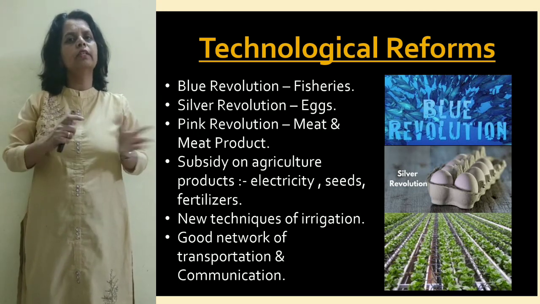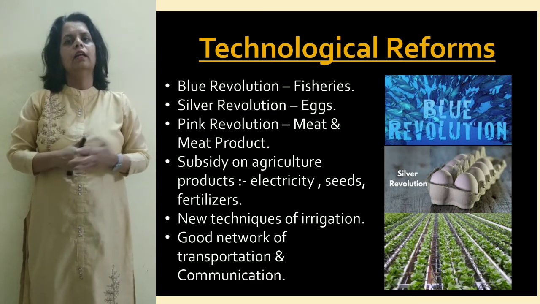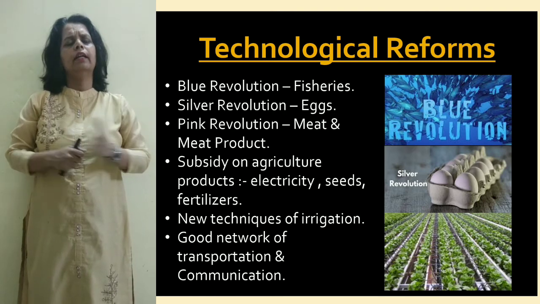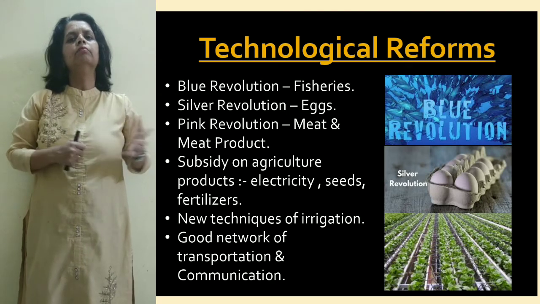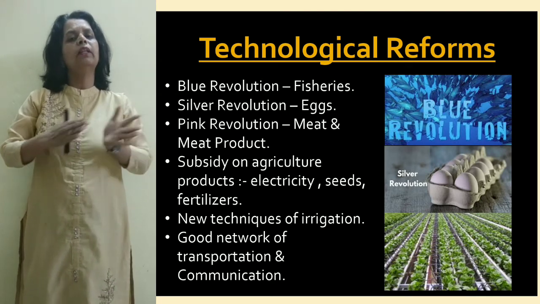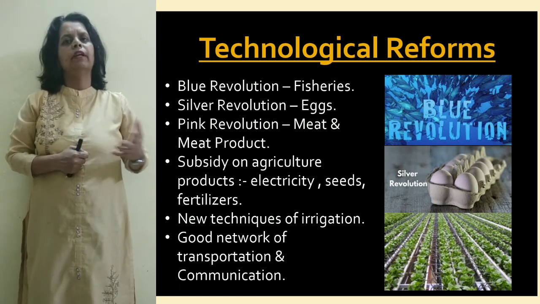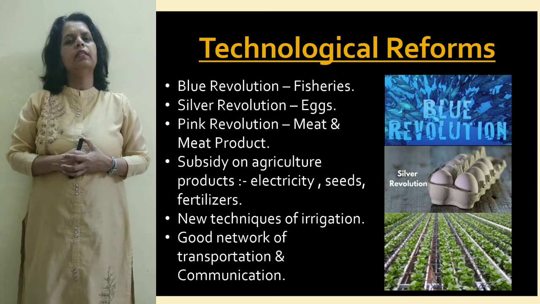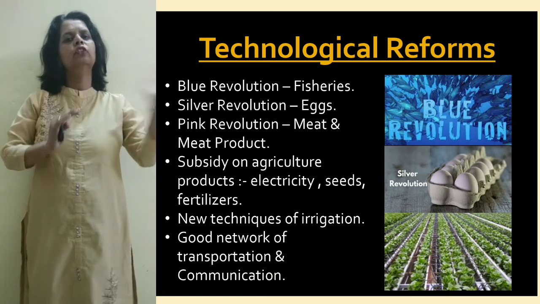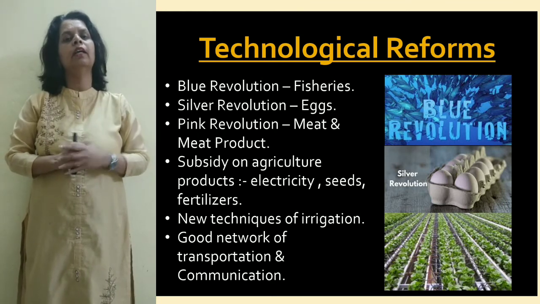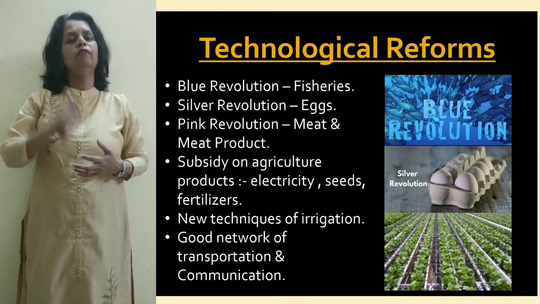Then you need to have a good network of transportation and communication facilities. Now most of the villages are connected by roadways and waterways. Apart from that, all-weather roads should also be there. Telephone and mobile facilities should also be provided to the farmers so that connectivity is there. Whenever the price of the crop increases in the market, they should be able to communicate easily, and in this way they can get a better sale for that particular crop.